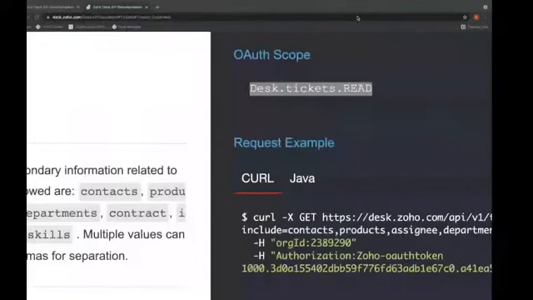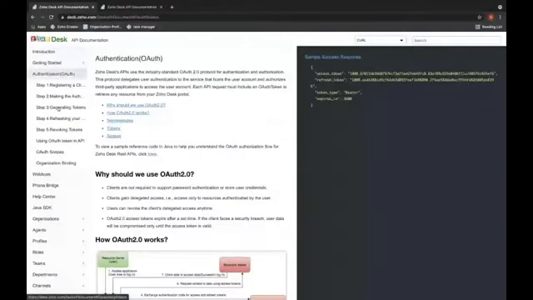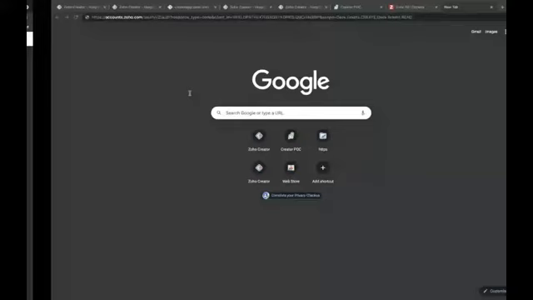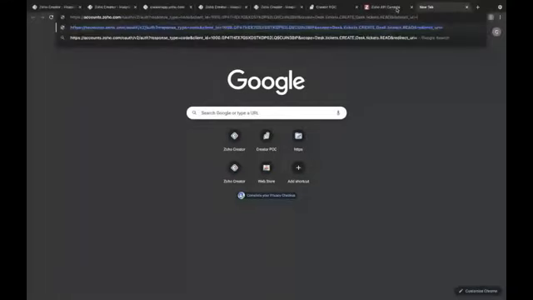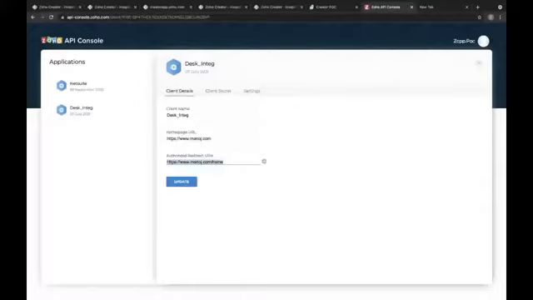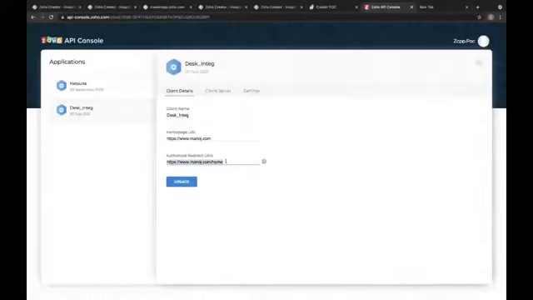And the next one, followed by the scope, is going to be the redirect URI. The redirect URI is the URL which we gave while we created the connection. Here we can see under client details we have the redirect URI, and as I said, it should be a secure URL. Let me get that, copy it, and